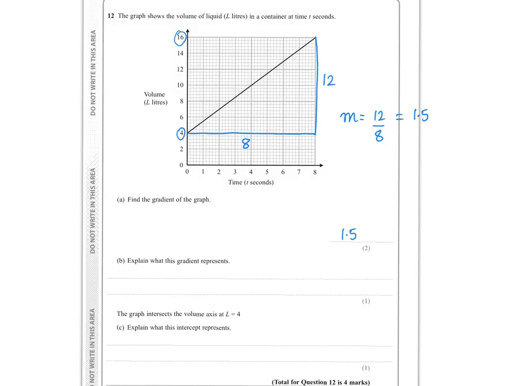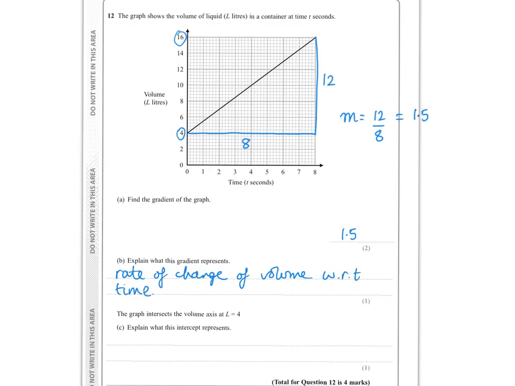Explain what this gradient means. Well, what it represents is the change in volume with respect to time. So it's how the volume changes as the time changes. So I can write that here. So I'll say rate of change of volume with respect to